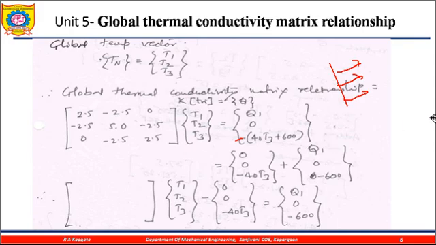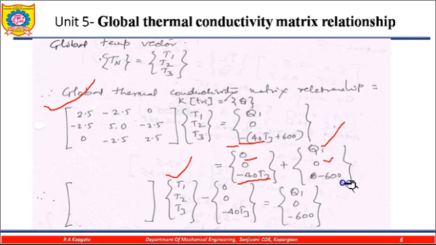Now what we get here, this T3 term, now there is a need to manipulate. So this term is kept as it is, this term comes as it is. Now this term is to be separated, so this is the 0, this is 0, and this is minus 40 T3, while this one is the Q1, this is 0, and this is minus 600, because this one is minus and this is minus 40, and this one is also minus.